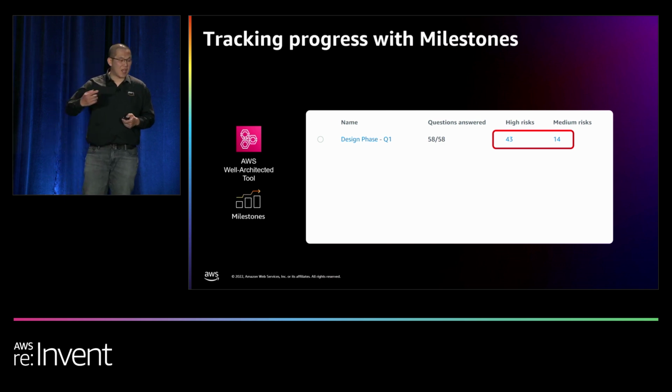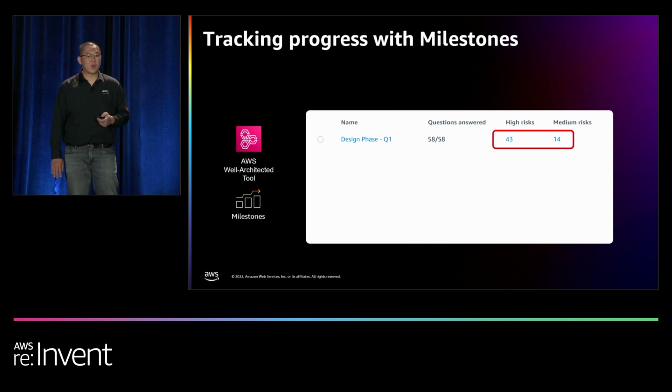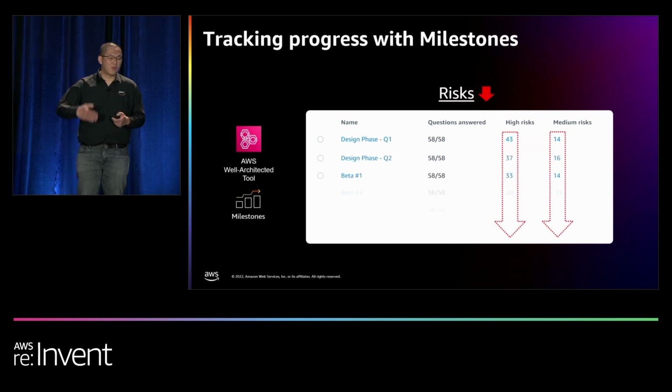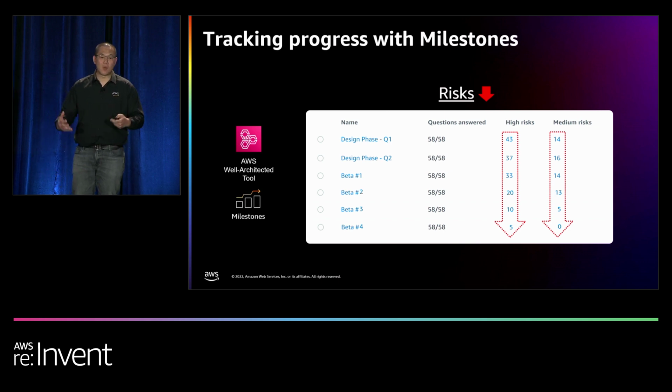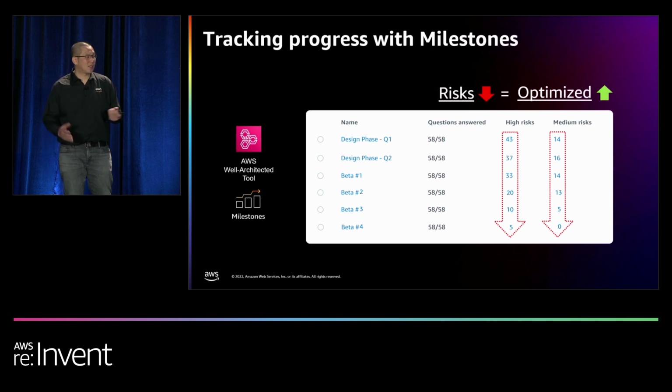And this is measured in the high risk and medium risk items, as you can see. And basically, as you iteratively run AWS Well-Architected review and continuously create improvements on the workload, what you'll find is this high risk and medium risk over time become lower, essentially deeming your workload to become more aligned and optimized to AWS best practices. So that's a quick overview and run through on how AWS Well-Architected Framework and Well-Architected Tool can essentially guide you towards the people, process, and technology aspects around your workload,